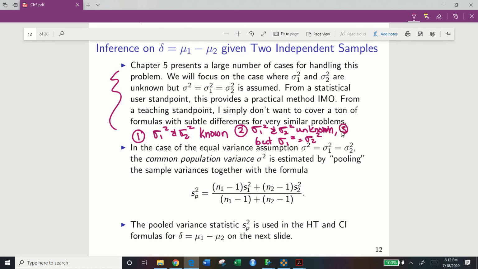And then the third situation is that sigma 1 squared and sigma 2 squared are unknown and believed to be unequal. I'm going to leave you to do 1 and 3 on your own,